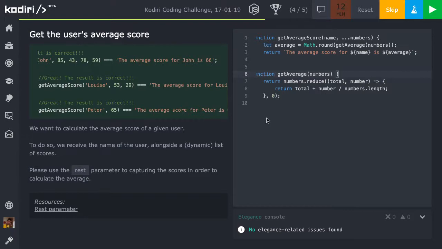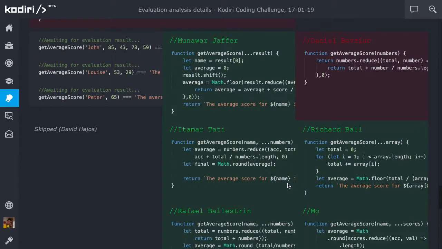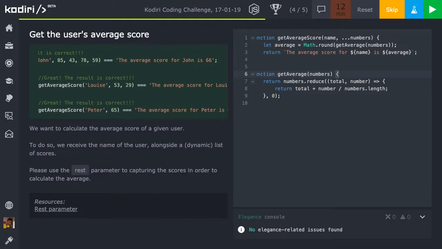Now, all good, no elegance issues. Any question? Yeah, if we already got the average in the function, why do we use Math.round? Because the first one wasn't working. The first one returned 66.25, and according to the problem, and according to the work scores,